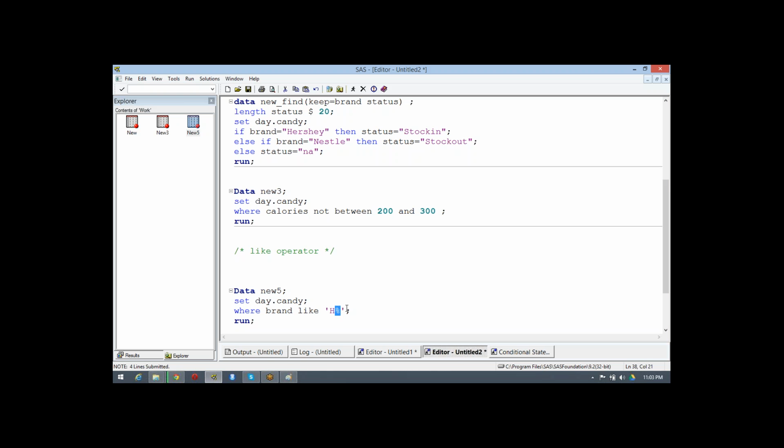So we are giving the start as H, whose name starts with H, and after that any value, if it exists, is no problem. So percent says any character value it can contain. Same thing when I include it in front, it means we are telling it the string values end with H, and this value is always case sensitive. So I guess no name will end with a capital H.